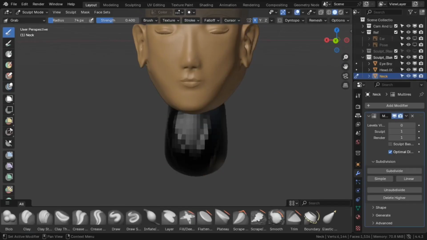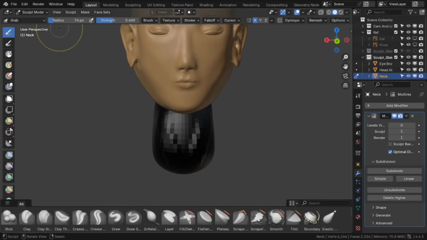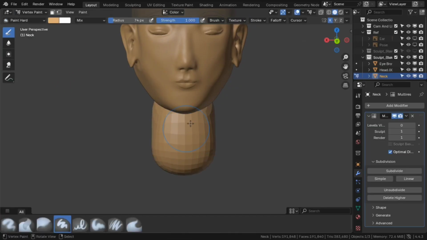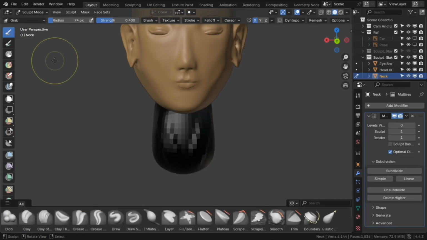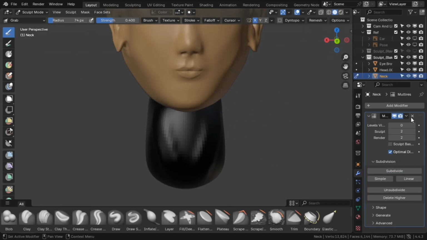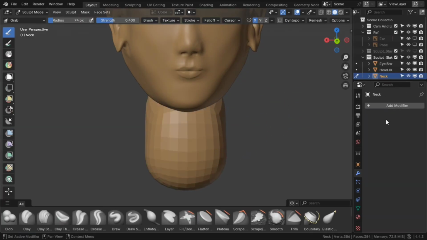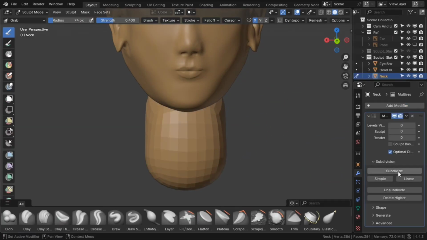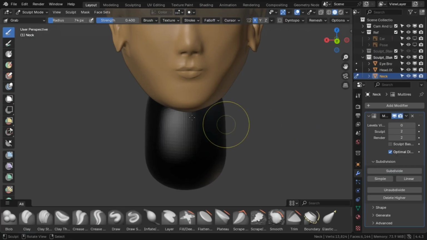Then when you turn it back on in the multi-resolution mode, it'll not showcase the paint. It'll only show up when you apply the multi-resolution modifier, or you disable it while working. But later on, when we add the multi-resolution modifier and apply it, it'll be visible. So until then, we will be drawing on the multi-resolution modifier layer,